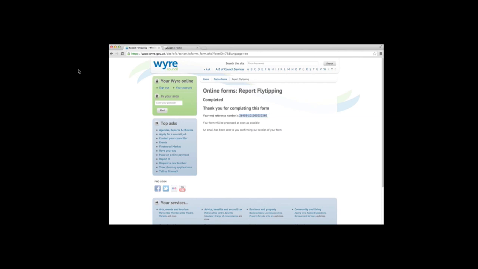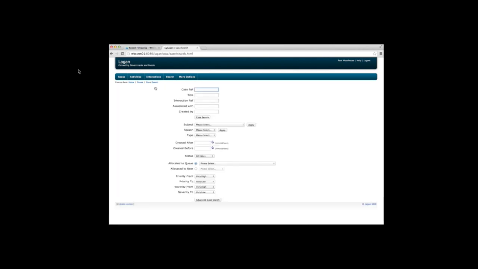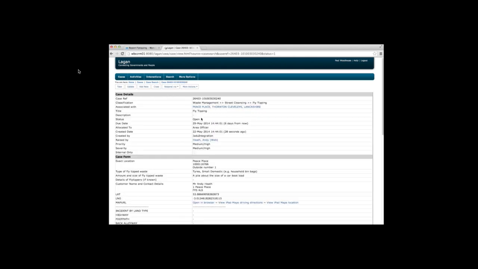So we've got the form reference number that's provided there. That's actually an amalgamation of our Lagan reference number and the Jadu eForm reference number. Jumping into Lagan and pasting that into a case search. We can see that the case is there, that it's been allocated the same reference number,